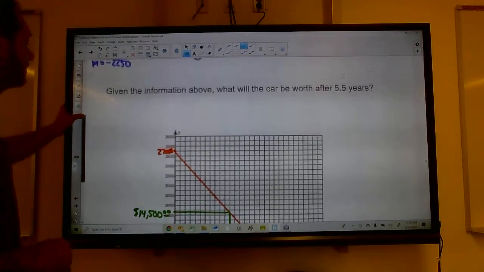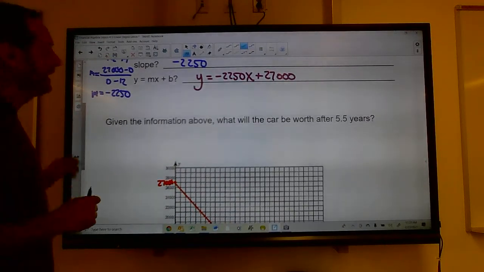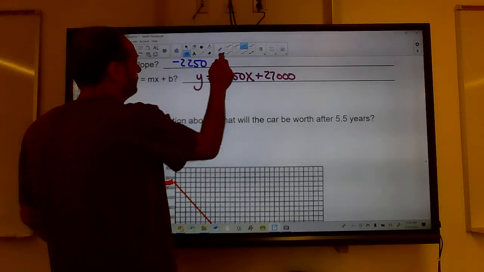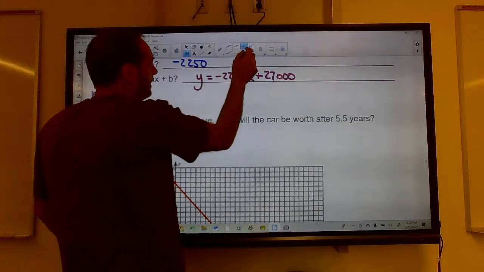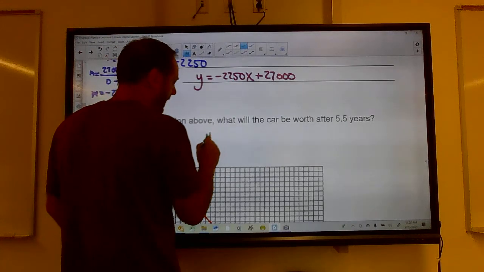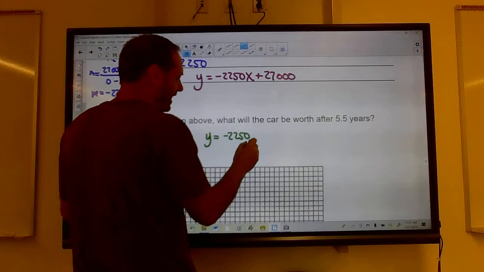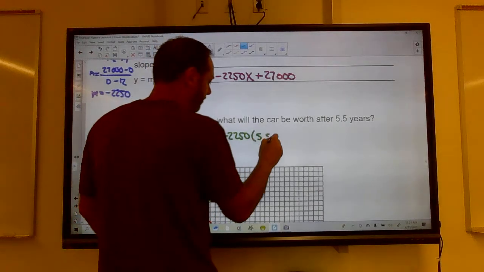Okay, now what I could do is plug it into my equation here and figure it out for sure. So I can do it two ways. I can do it on a graph or I can figure it out. Now this just gives me the better answer. So y would equal negative 2,250 times x, which is going to be 5.5